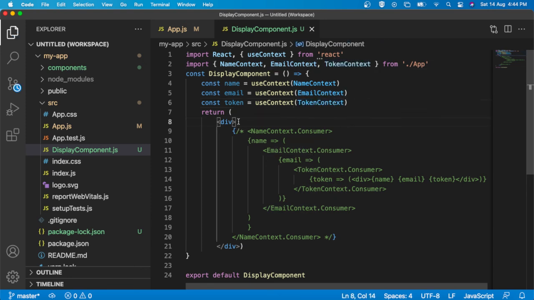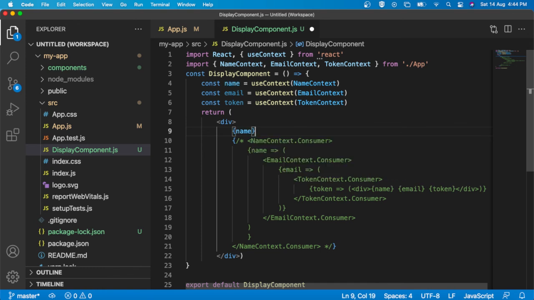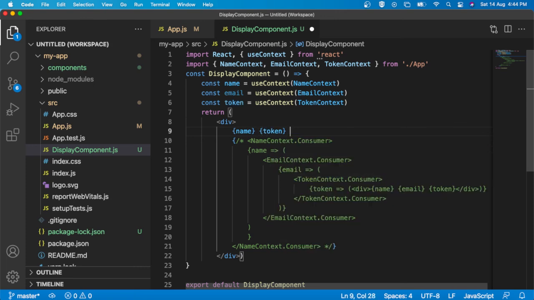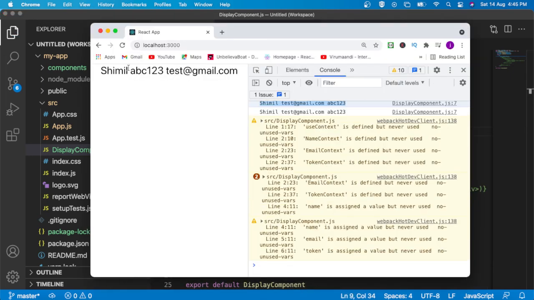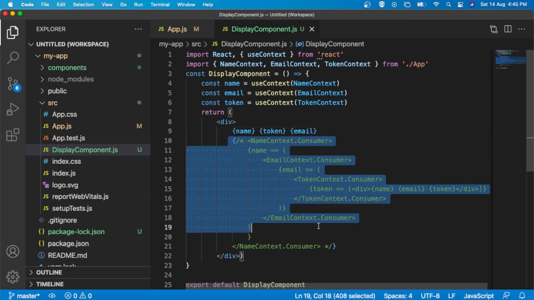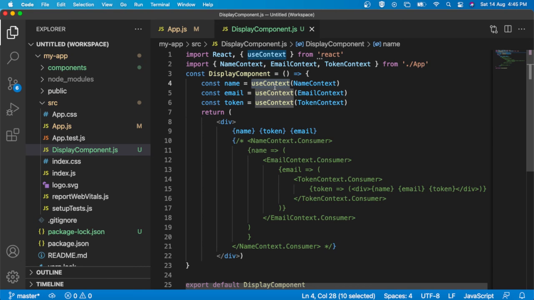You can directly print the value here, token and email. Now if I refresh, I can see the same values consumed here. So we have removed this much complex JSX using useContext. So this is the use of useContext. You can easily use your context in different components using the useContext hook directly. Clear? Okay, so we can jump into the next lecture.